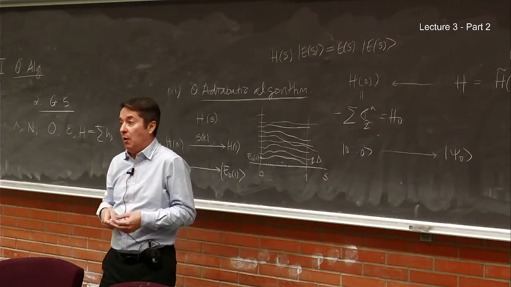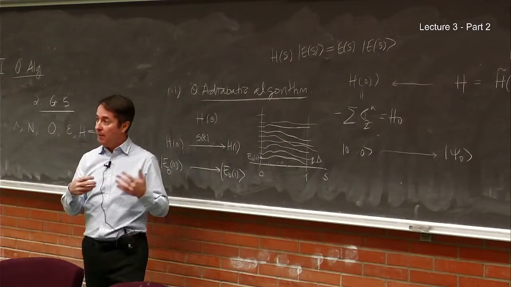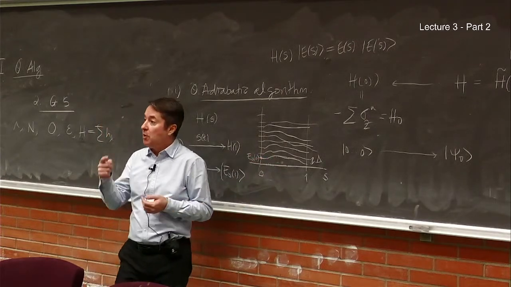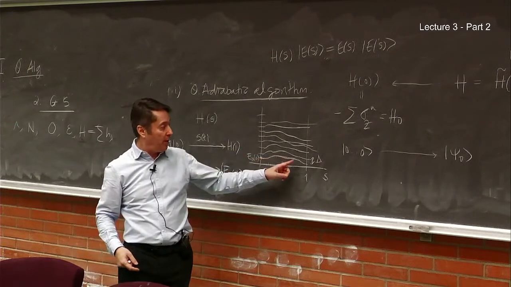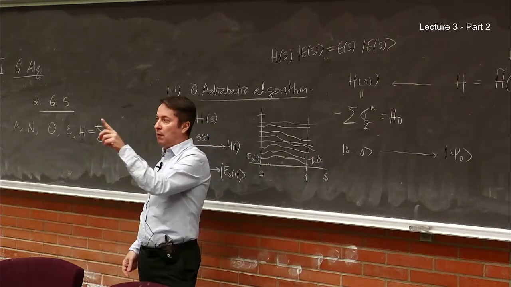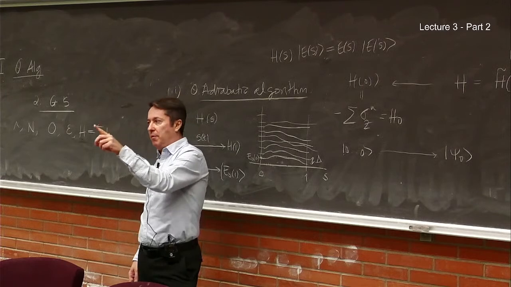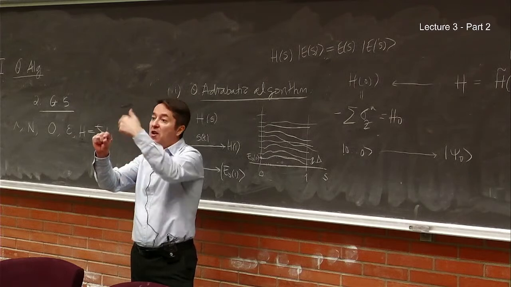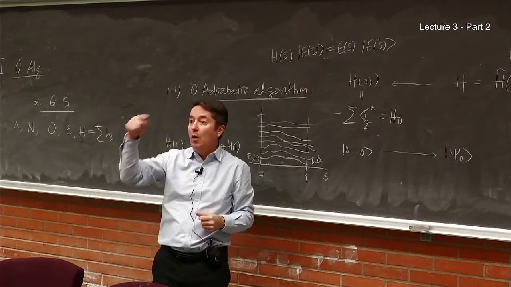But one way of doing it in practice, now I'm talking more about practitioners, you have a quantum algorithm running the adiabatic theorem, you do like people do with numerics. You can go back and forth. If you're adiabatic and you go forth and then you go back, then you have to end up with the state 0, 0, 0. So you can go forth, then go back and check that you're at 0, 0, 0, 0. And then you can go maybe slower and go back and get 0, 0, 0, 0 again. And if you have non-adiabatic transitions, then when you go back, you end up in some orthogonal state, some other state.